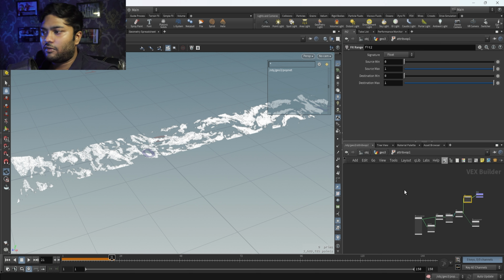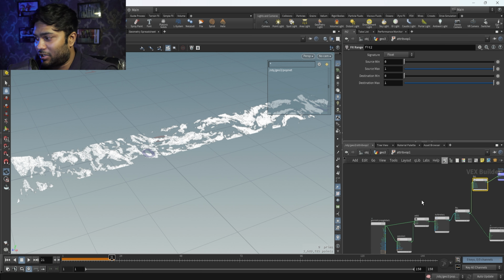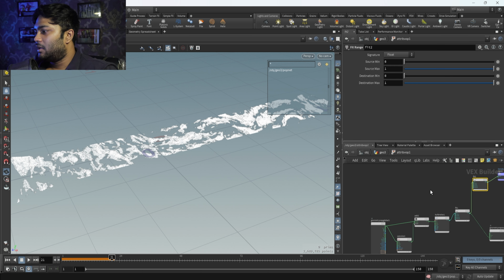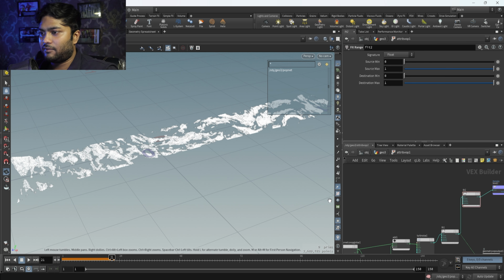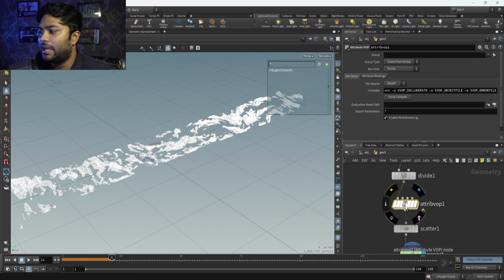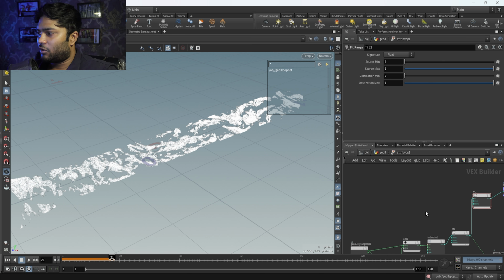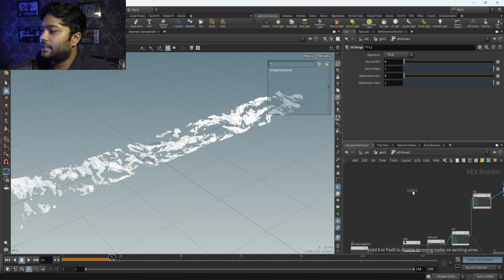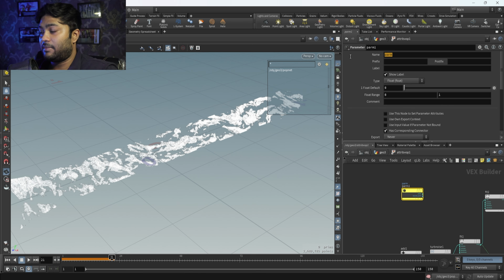So now what we have to do is animate this noise pattern inside our Houdini. How can you animate your noise inside this? You have to take one parameter. With the help of that parameter you can animate your noise, and you can make some effect with it. I'll tell you how you can do that. Just take one parameter here, click that, and you can name it also. I'll name it fade.